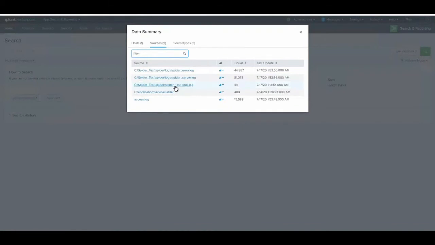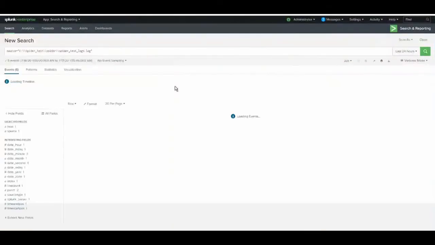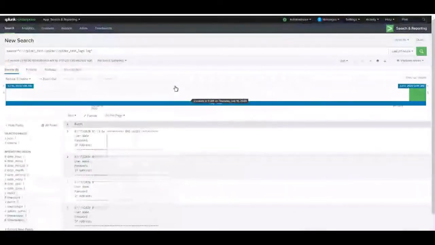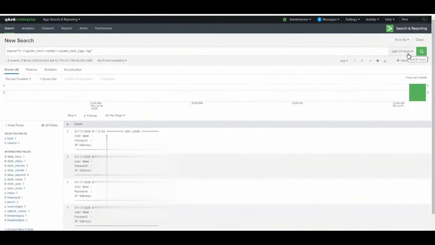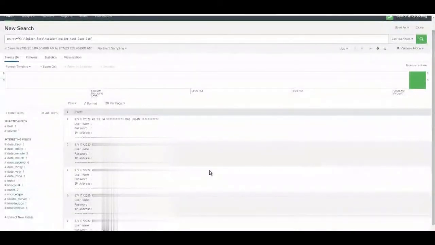This file contains all the logs regarding the bad logins, or the invalid login attempts, performed for my application here. So here you can see, under the 24 hours time frame, these are the people who tried to access the Spider application, and these are all the bad login attempts. If a person enters wrong credentials for my application, I'm able to watch who attempted to access my application, and we can directly see their IP address. So we can use this for security purposes also.